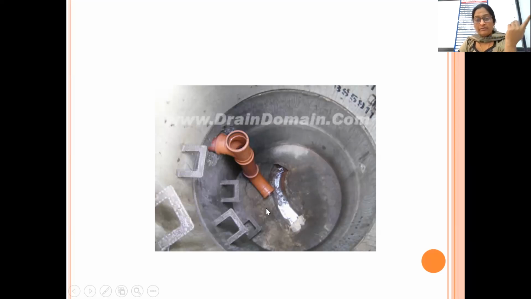But if it is a bigger manhole, a deep manhole, in that case you cannot go for this. It itself is acting as one of the obstacles. So in that case, this kind of open section will be available through which you can send the cleaning tools, or a man can move in a forward direction. It is a very small one shown to you, but this is for your understanding.